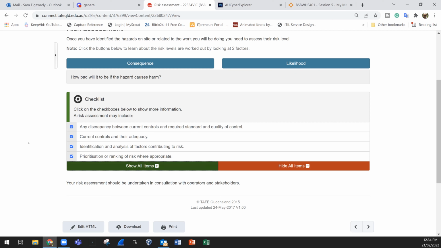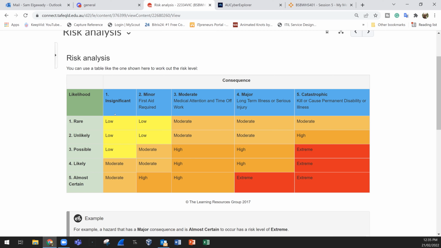If we have small earthquakes or storms, so we have the likelihood of storms here, then the impact goes high or moderate. If the impact of the storm is catastrophic, you see the extreme